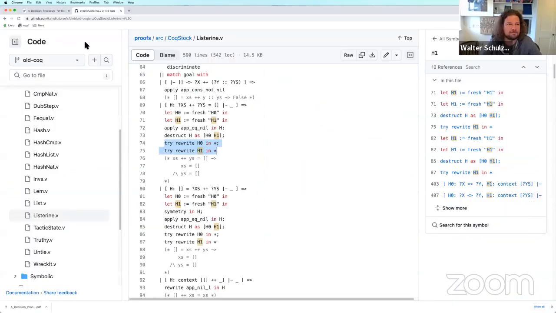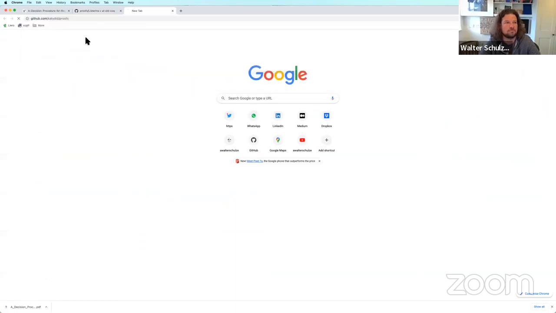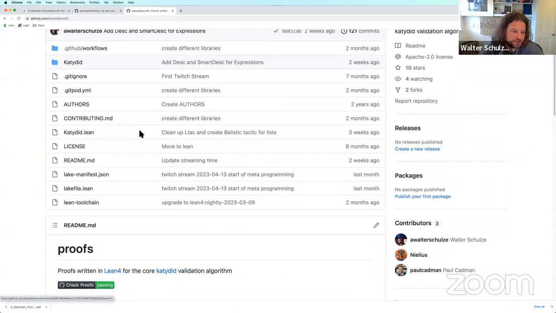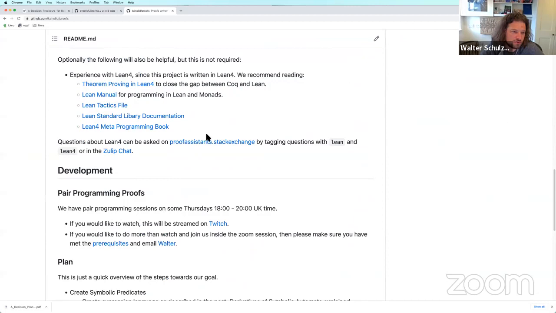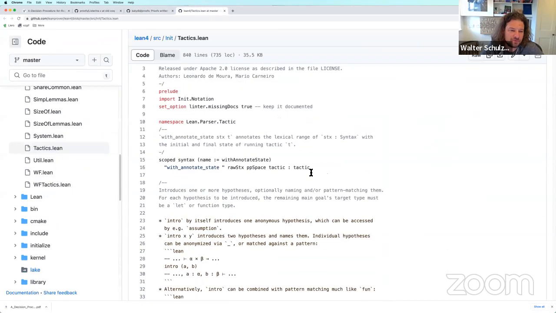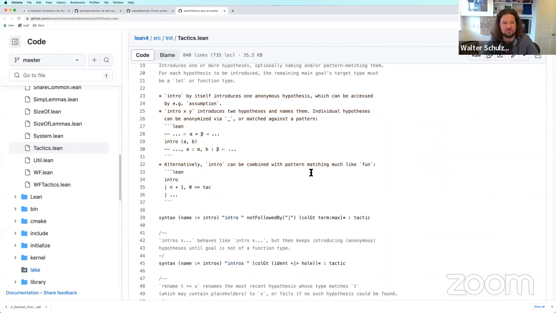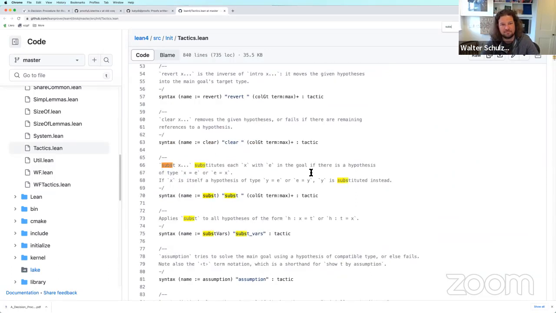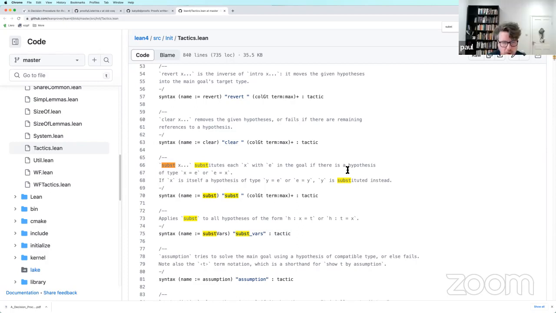So now I wonder if there are other tactics for rewrite, like subst. Here we go. Substitute each x with e in the goal. Subst vars.